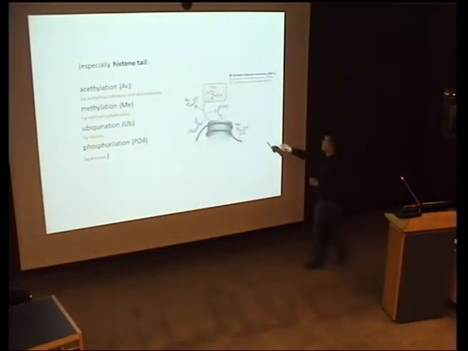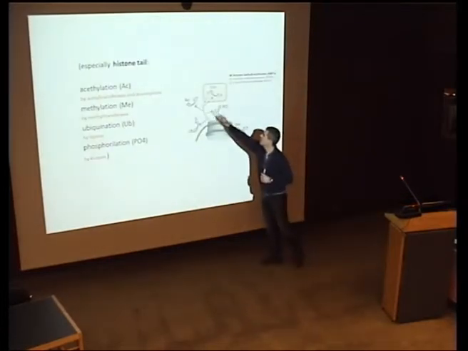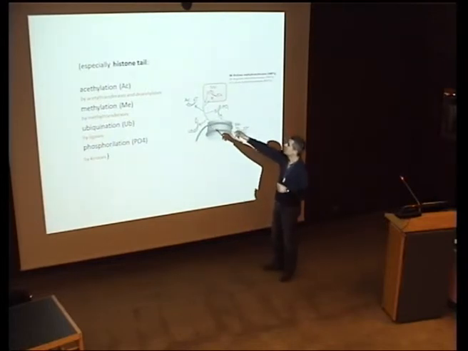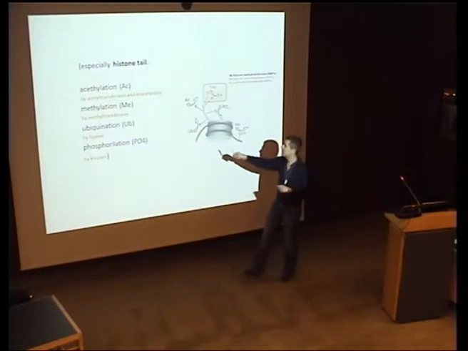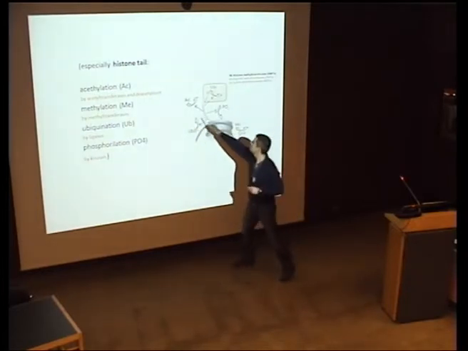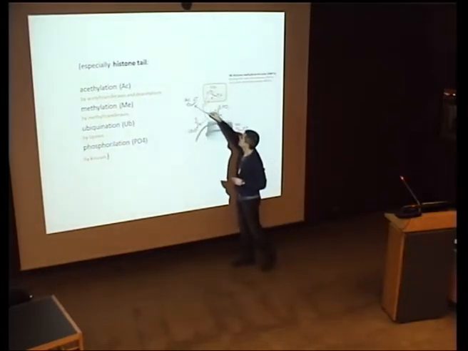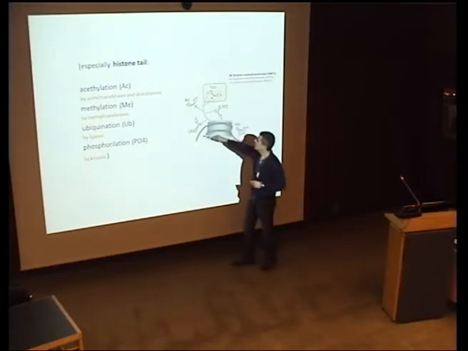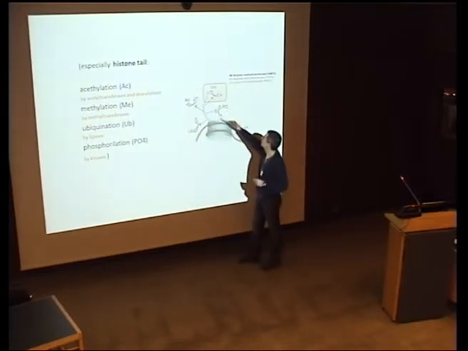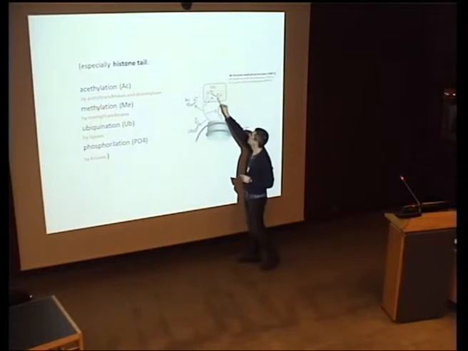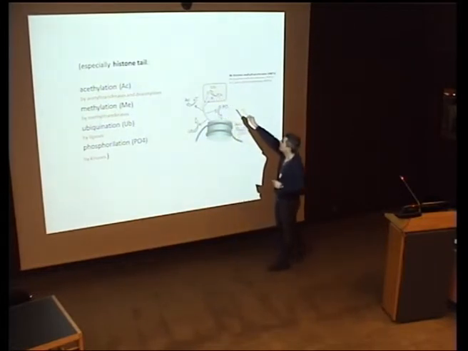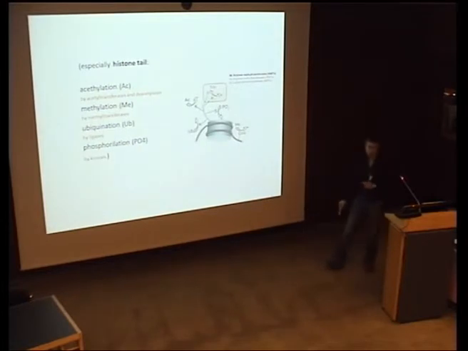Here, this is a detail of the histone with its tail, a set of modifications that can occur, and it constitutes the second epigenetic mechanism. Acetylation here. This is an amino acid of the protein tail. Ubiquitination, the phosphorylation, the acetylation, and here this is the first mechanism we saw in the first slide.